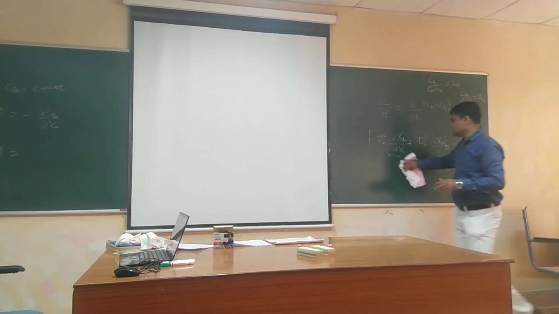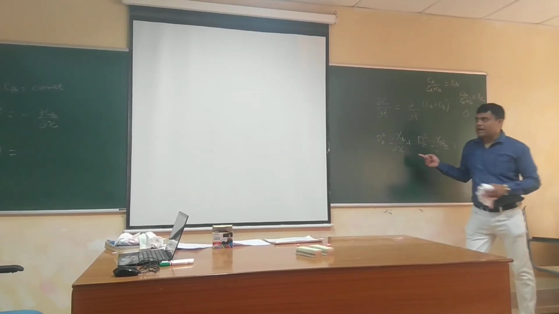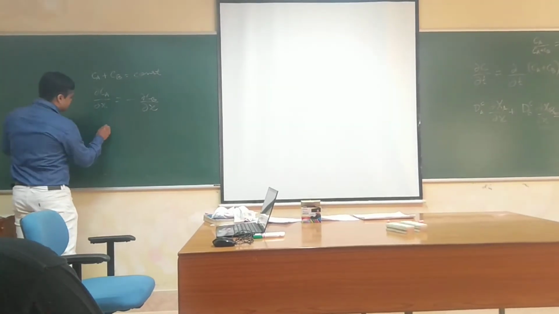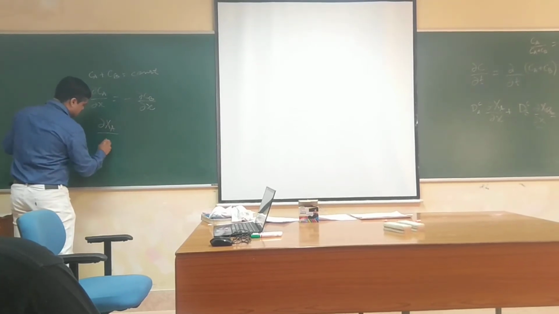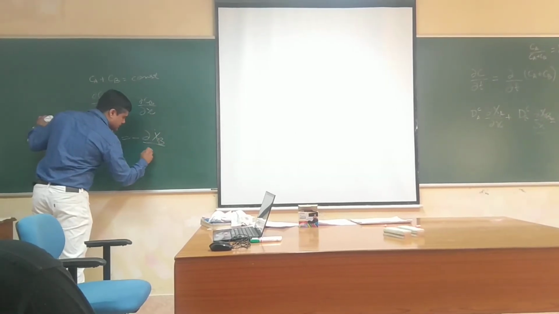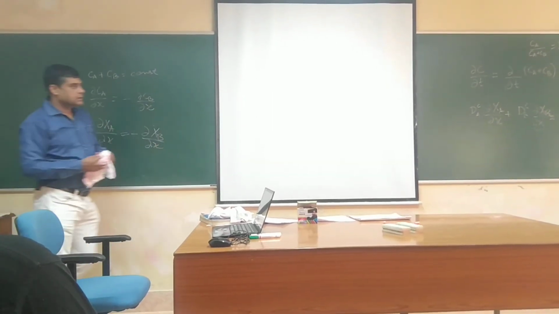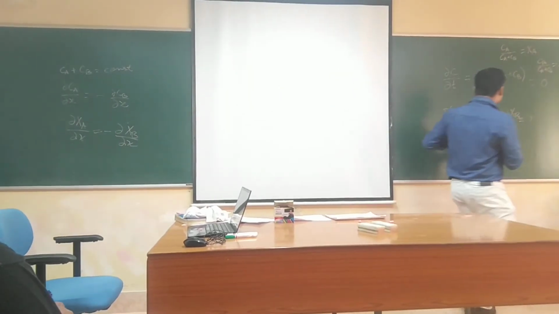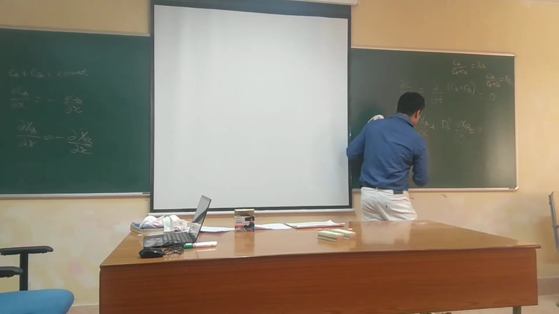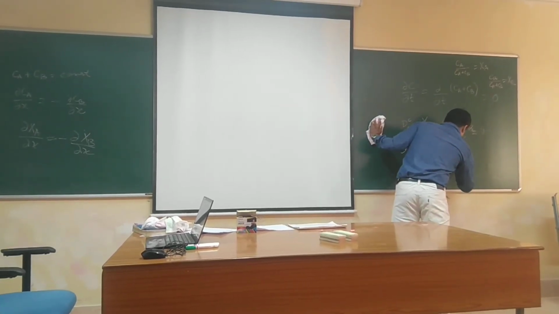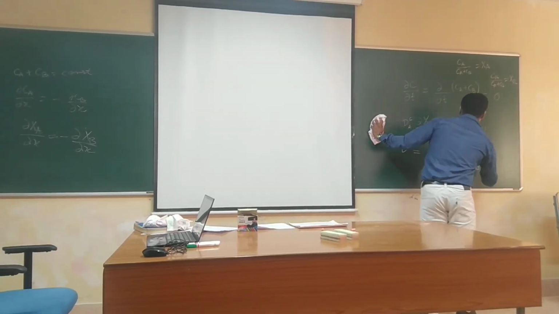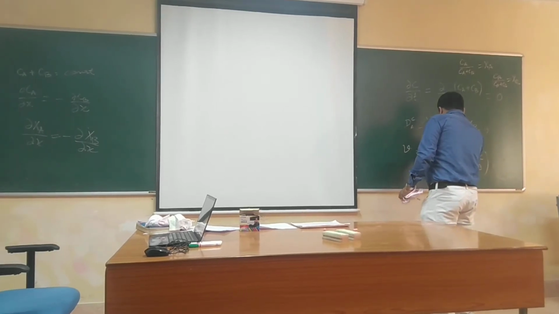Will you get this type of expression? And note that del CA del X, or del XA del X, is nothing but equal to minus del XB del X. So you put it that you will get the expression for V as V equal to (DSC minus DVC) divided by (CA plus CB), multiplied by del XA del X.